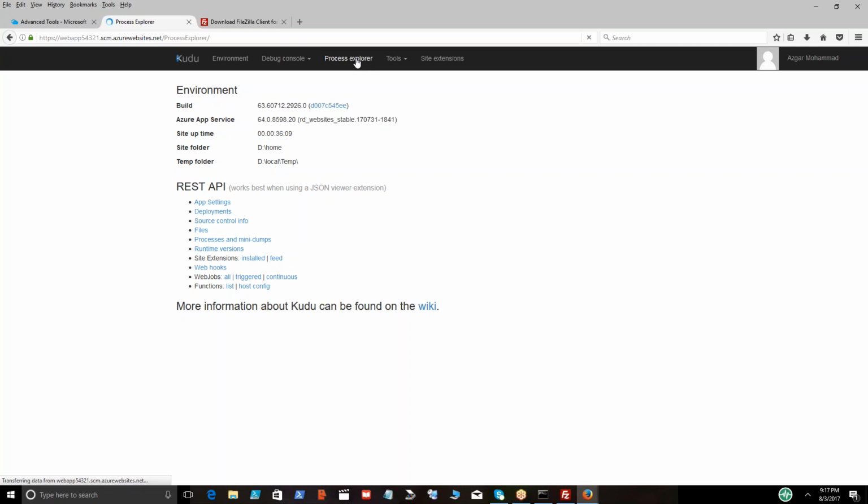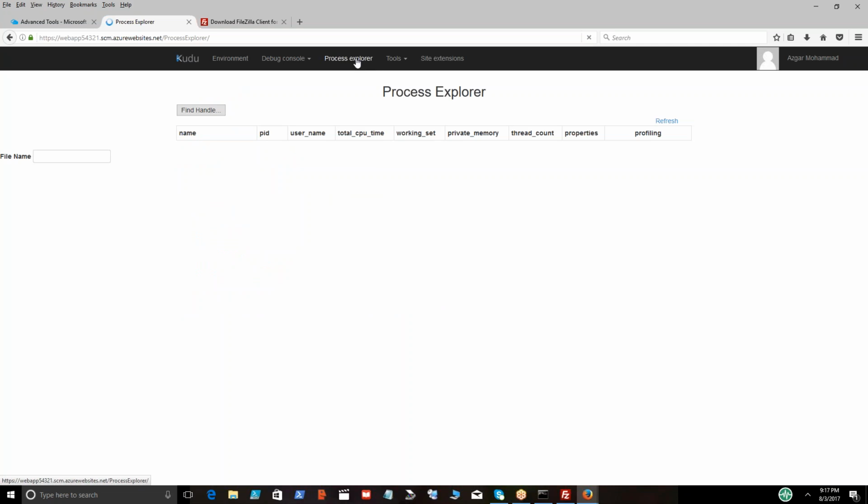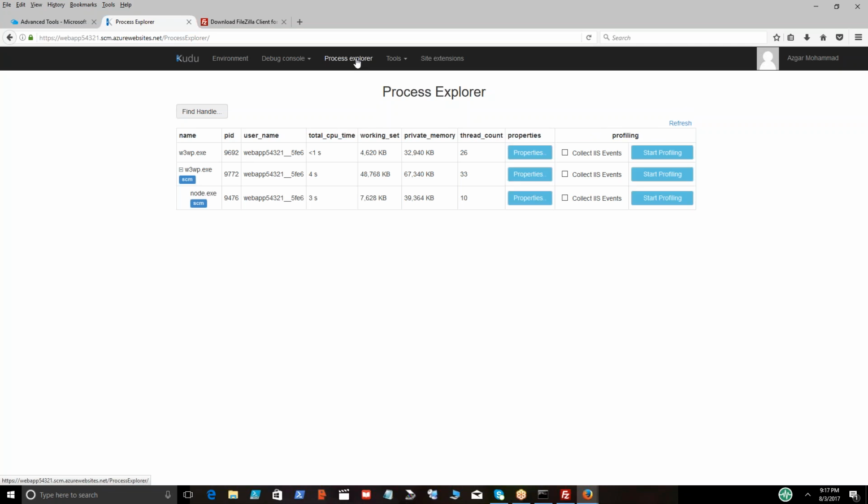So if there are any performance hits on the website, the website is not behaving properly, you can go to the monitoring aspects, and it gives you just like the task manager of your server. This is Process Explorer, right? So which of the services is consuming most of your CPU, say? Click on tools, then you can also get a memory dump of your entire server right from here. So diagnostics, dumps, log stream, webhooks, and download the whole deployment script,